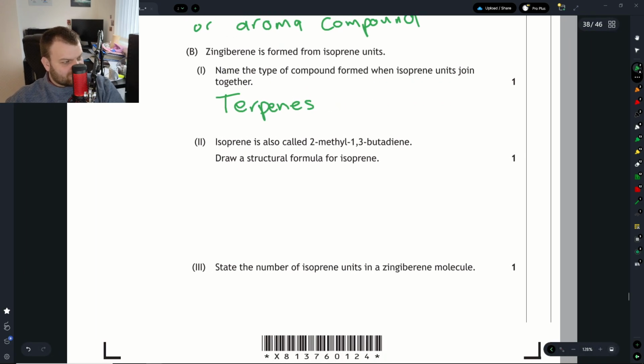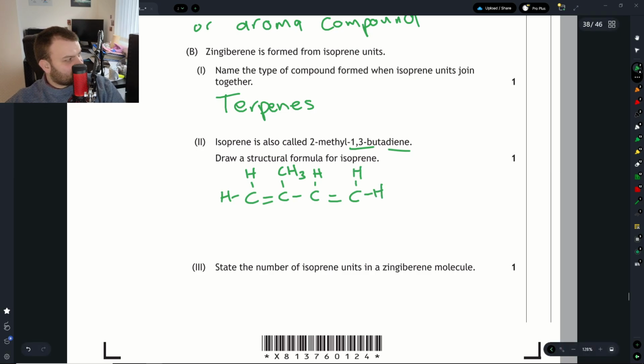Next, we're asked to draw the structure of isoprene. Isoprene, here they're calling it 2-methyl-1,3-butadiene. Sometimes can also be called 2-methyl-buta-1,3-diene. That means we've got 4 carbons in the longest chain. We have 2 double bonds between carbons at position 1 and position 3. We have a carbon coming off of the second. We need to make sure that each carbon is making 4 bonds,